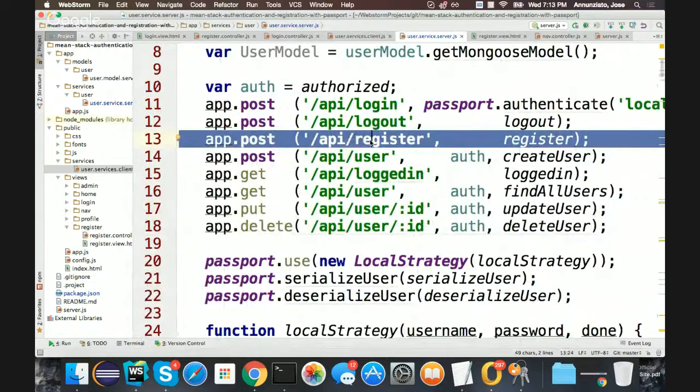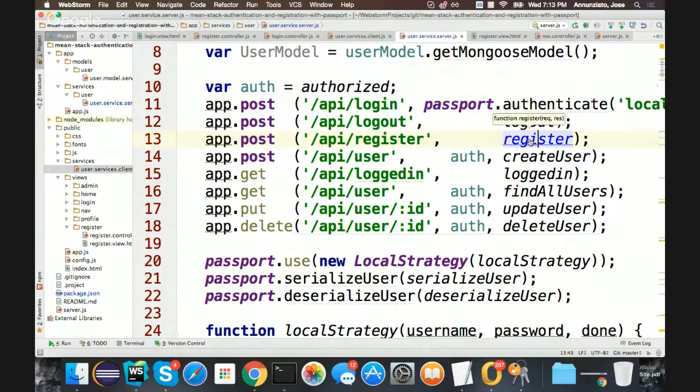Anybody should be able to register. I'm not going to challenge you if you try to register. I'm going to challenge you if the registration failed, something went wrong, and I wasn't able to register somehow. So in the register function,